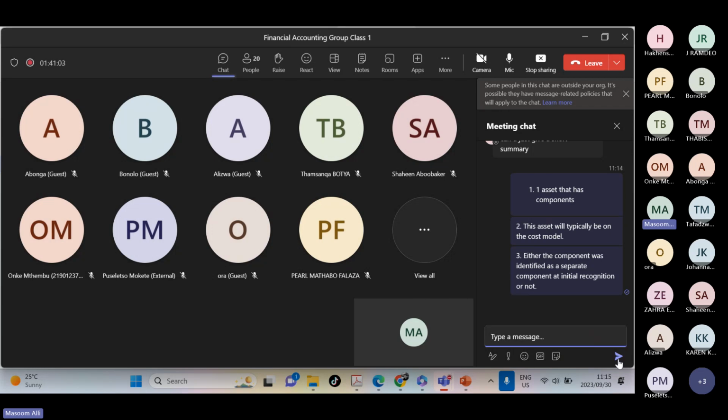They will tell you this in the question paper as well. Sometimes the general thing is where they say that it wasn't recognized as a separate component initially. So what I would suggest you guys do is